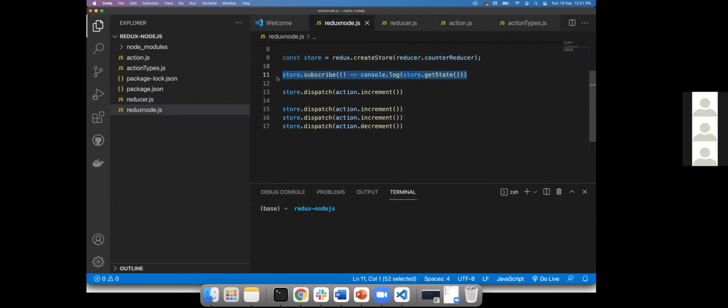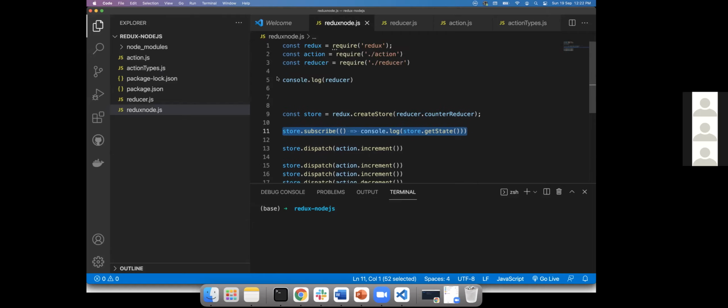So now the UI will be automatically re-rendered. Make sense? Since you said Redux can have only one store, throughout the app any state we want to maintain is part of that reducer's initial state, right? I'll come back to that. That's a good question actually. We have seen only one reducer, right?